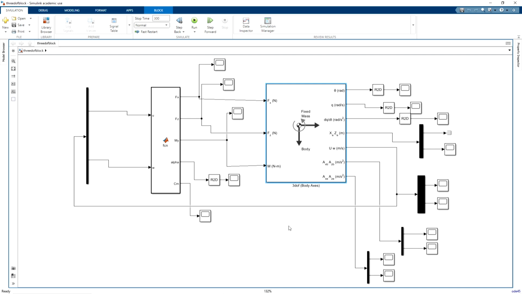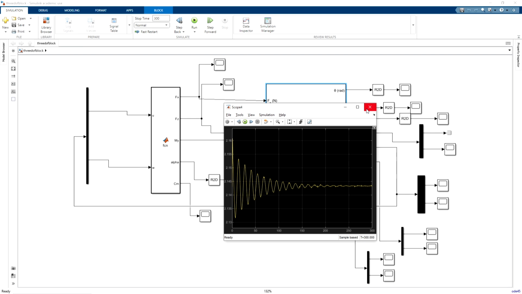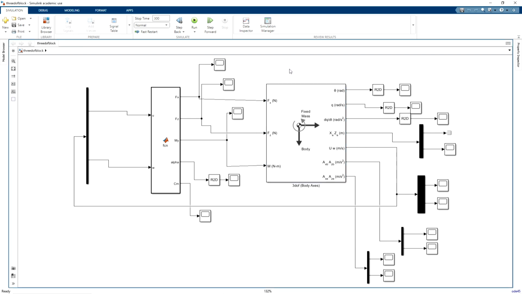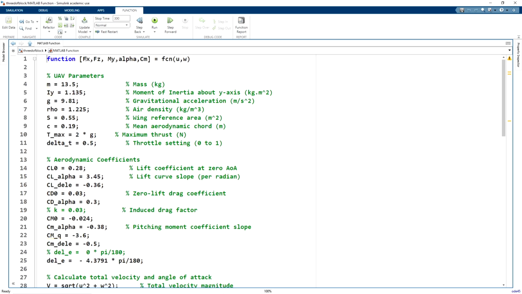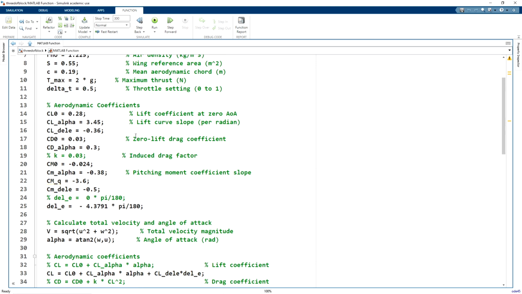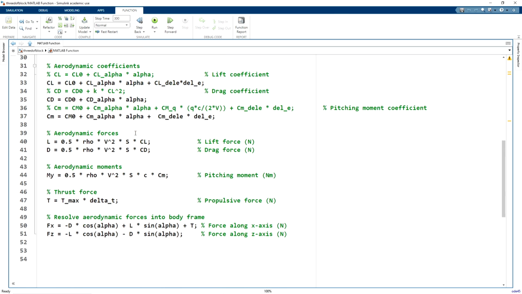All right. Now I can directly run this code and see. Let me close these figures first. All right. Now let me run this code directly. Before running, let me show you what I have here. I need to give this an input vector, forces in x and z direction. So I have written output here as fx and fz. Moment about y axis, it is up to me, and similarly cm, and as inputs it only needs u and w. So we need not write the complete code over here.